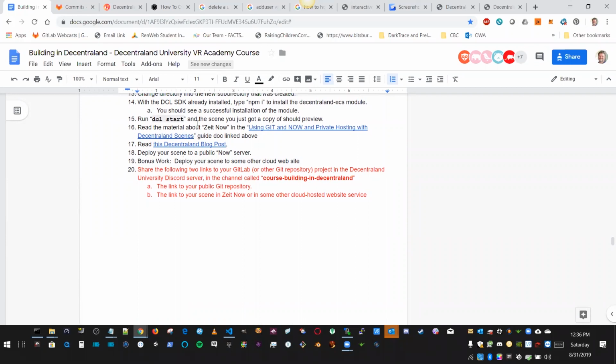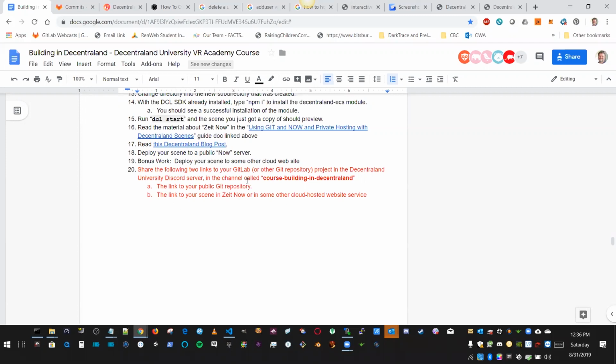My document walks you through that. This link here is also Decentraland's blog post on doing it. It's quite good. So the assignment is to put a scene of yours into a Git repository at GitLab, or